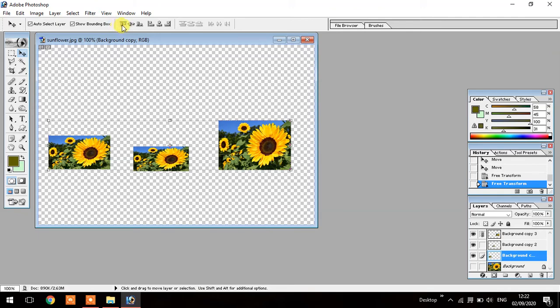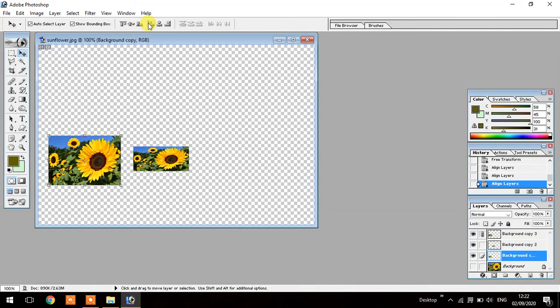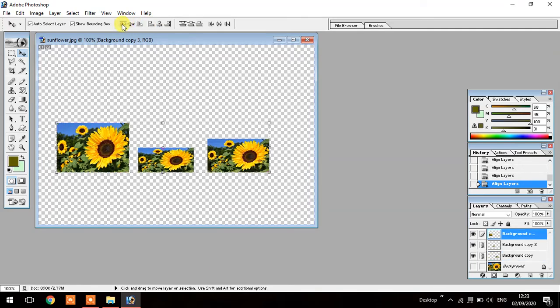This is top align, vertical align, center and bottom align. When you click on this one, all are at the bottom. Now this is called top align, this is center align and this is bottom align.